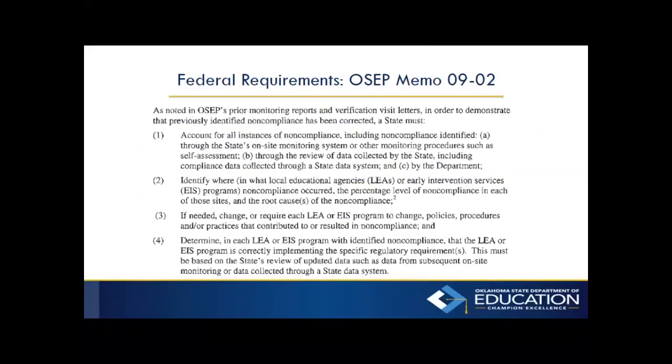We wanted to start first by making sure that everybody understood the federal regulation for OSEP Memo 09-02, which is basically giving us some information on systemic improvement across the district. So what this means is that, first of all, you identify and correct those areas of noncompliance. And then, as a second step, we are looking for you to make systemic improvements across your district for whatever area of noncompliance it happened to have been. We're looking for you to apply those corrections to ensure compliance throughout your entire program.